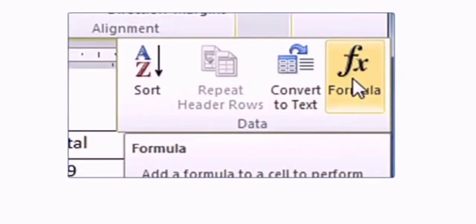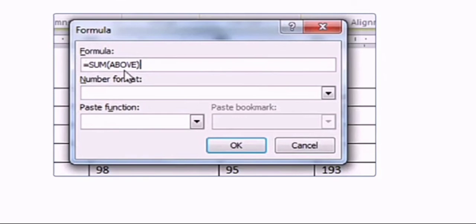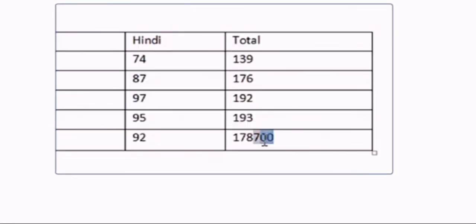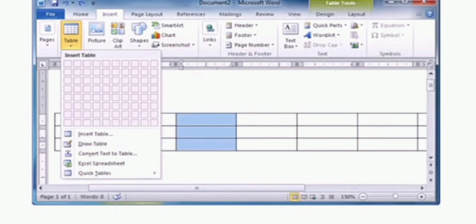Updating calculation in a table. You can also update the calculation in a table. Sometimes you may change the data or add new data in a table. How can you do this? Word provides the facility to update the changes. To update the sum in a table, select any cell and change its data. Now select the cell where the total sum is displayed, or you can press the F9 key and observe that Microsoft Word automatically updates the calculation.